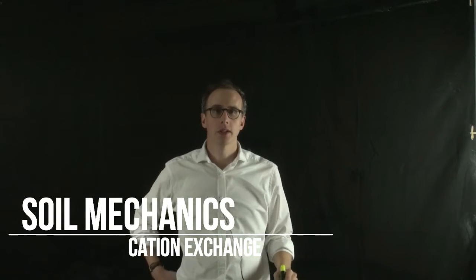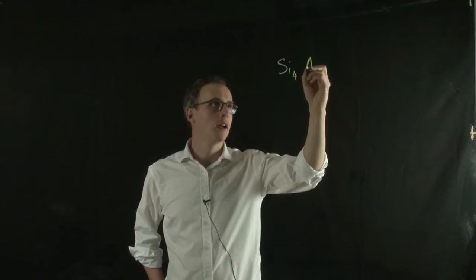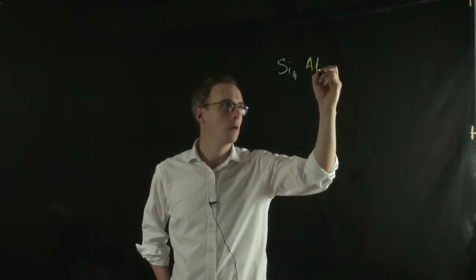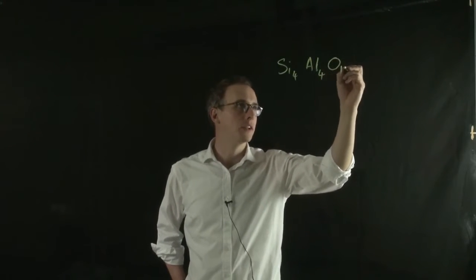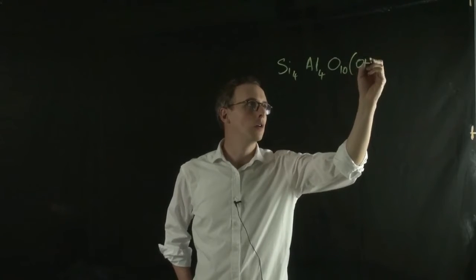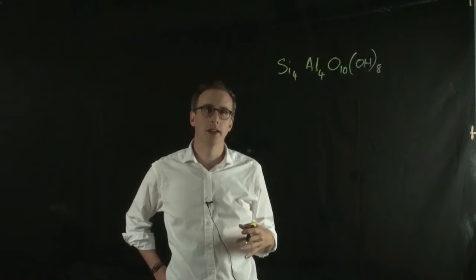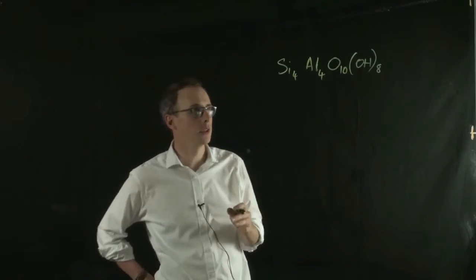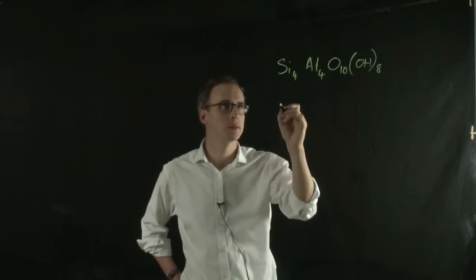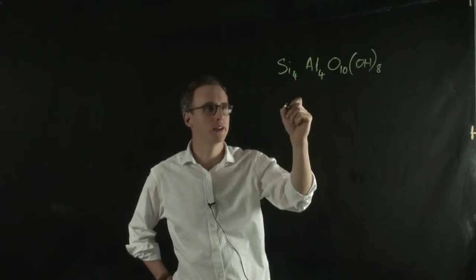So if I put the chemical formula for kaolinite onto the board, it would look like this: Si4Al4O10(OH)8. And if I count up the chemical charge in each of these atoms, so we have 4 silicon, which